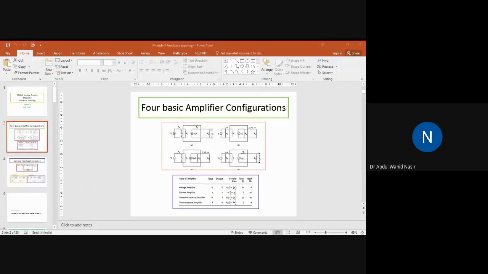Clear? So in these slides we have discussed the negative feedback structure that you already know, and also the advantages of this negative feedback system. But the main thing is that if we use the negative feedback system, our overall gain decreases. That is one disadvantage. So we have to make a trade-off to choose β and all those things.